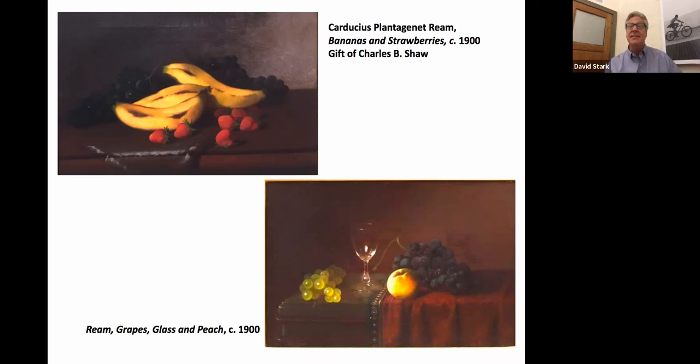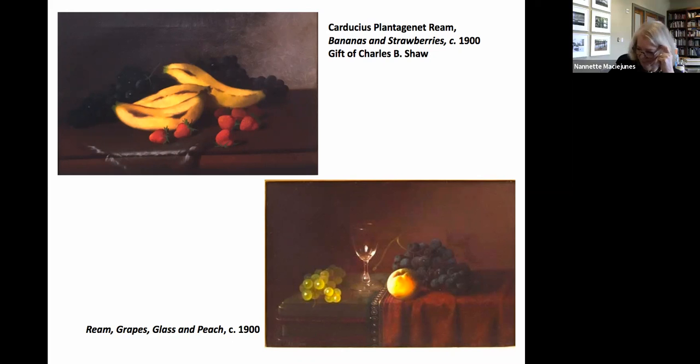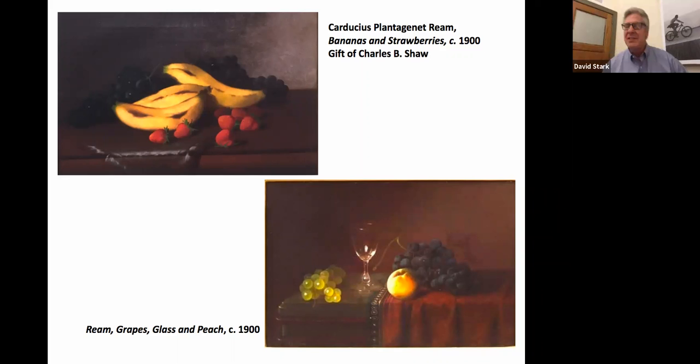Carduceus Plantagenet Ream, an Ohio landscape painter born near Lancaster. Still life. Excuse me? You said landscape, still life. Oh, sorry about that. Still lifes that are not trompe l'oeil paintings. It's pretty clear when the viewer looks at these that they're paintings framed on canvases. We're not given the illusion that you could actually reach out and touch these objects as skillfully and realistically as